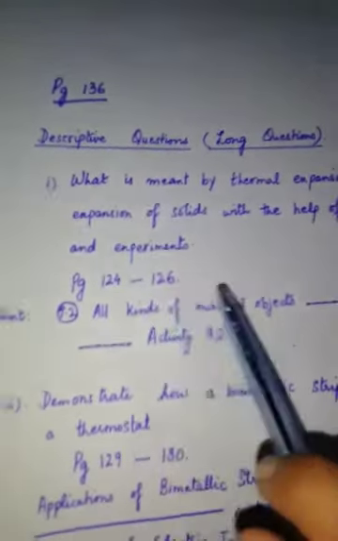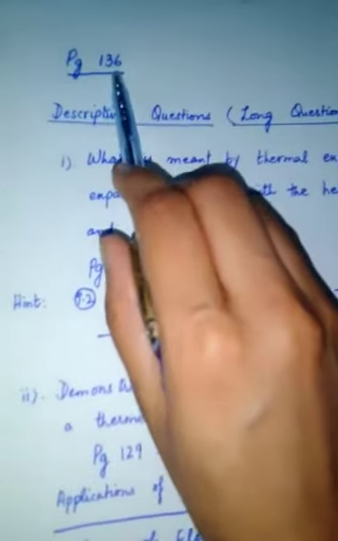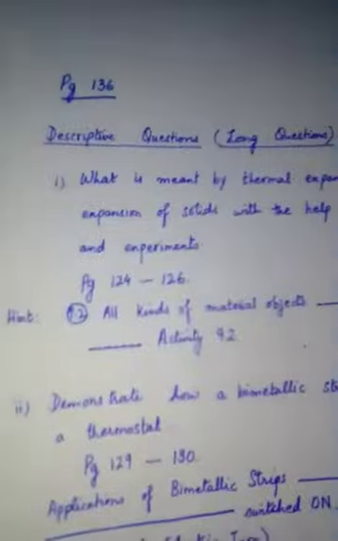So, after the discussion of the topic, you will mark some long questions that are on page 196. So, you will see here from the book, firstly, page 196, this section 9.3, the descriptive questions. There are some questions that I have written and I have marked for you.